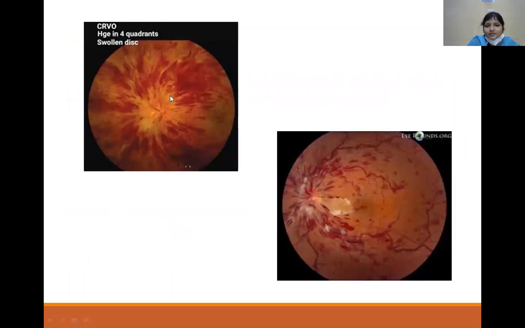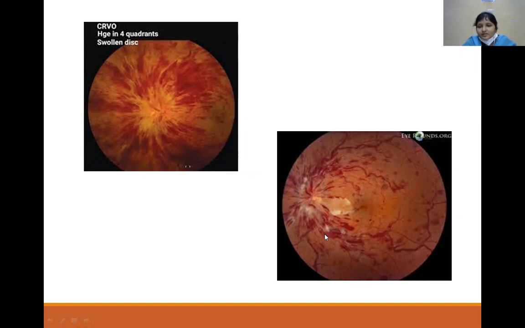So here you can see there is disc edema. You cannot see the outline of the margins of the optic disc, and veins, there is more congestion and tortuosity. And hemorrhages, they are more massive when compared to non-ischemic CRVO. And another feature of ischemic CRVO is occurrence of soft exudates. So this white fluffy